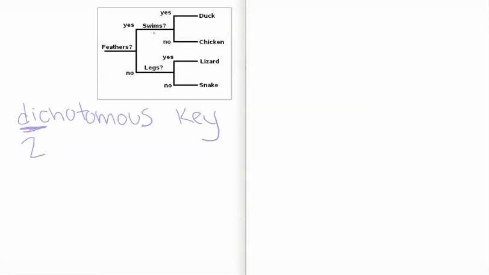Then we can further break that down into something that either swims or not. So a thing with feathers that swims could be a duck, or a thing with feathers that doesn't swim could be a chicken. Now, if we're talking about lizards, they do not have feathers and they do have legs, so that would follow this type of key. It looks a little bit like a bracket, and obviously it can get very complicated if you have more than